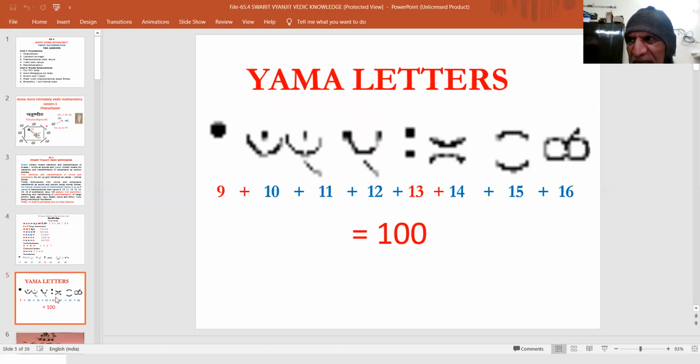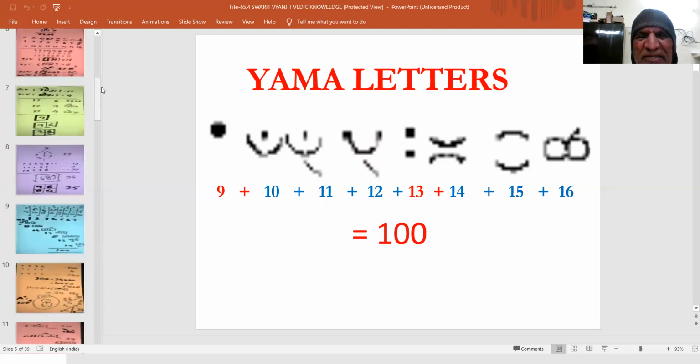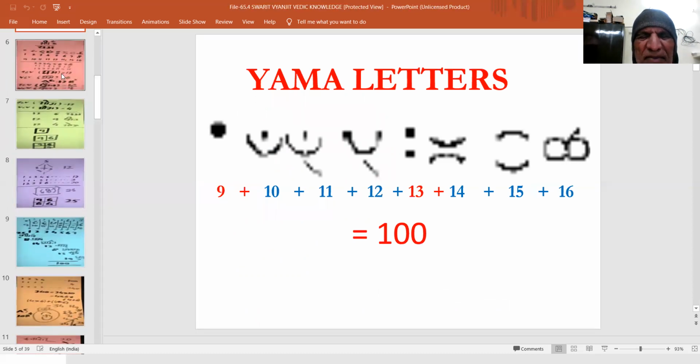The Vedic mathematics as such, with its focus on yama letters, is of basic importance. Today, we are glimpsing these features of Vedic knowledge.